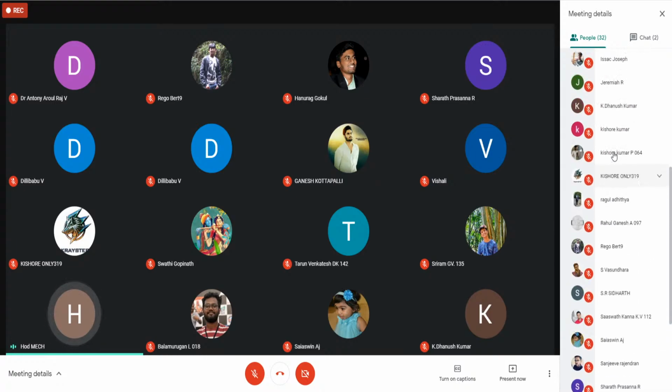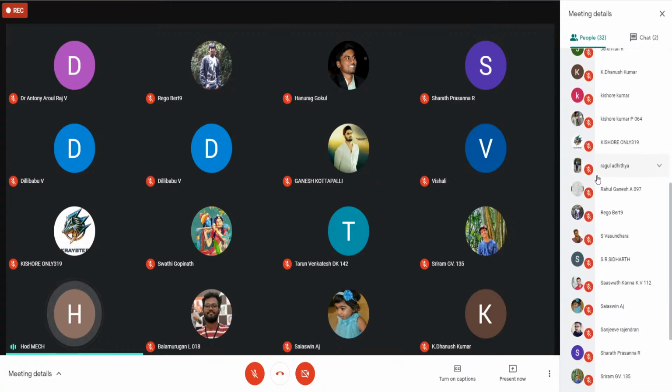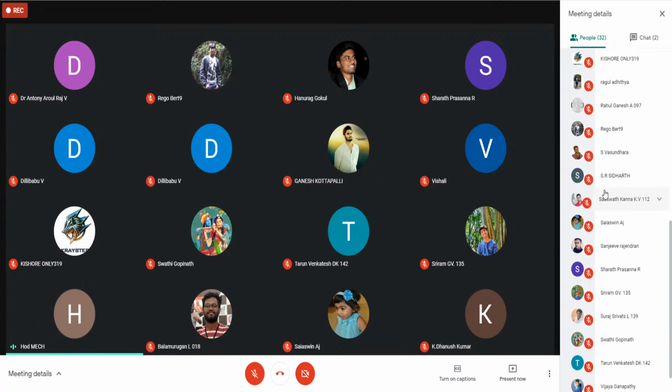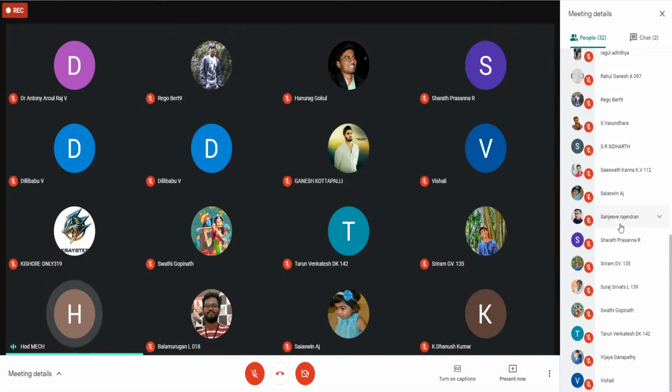Also, at this juncture, I would like to congratulate the ISHRAE Students Chapter for getting the Model Chapter Award at the national level. And I thank the ISHRAE Chennai chapter for mentoring us and guiding us through these last 3 years to get this. I would like to congratulate Dr. Prasanna Raj Yadav and Dr. Dilli Babu, who are the coordinators, and also our Andy sir, who has been elevated as the South Zonal Chair. That is also an achievement. All these things are giving a very good image about the ISHRAE student chapter of our engineering college.